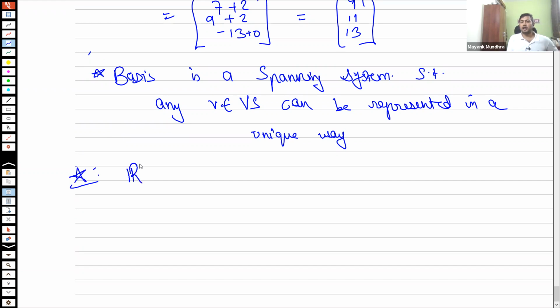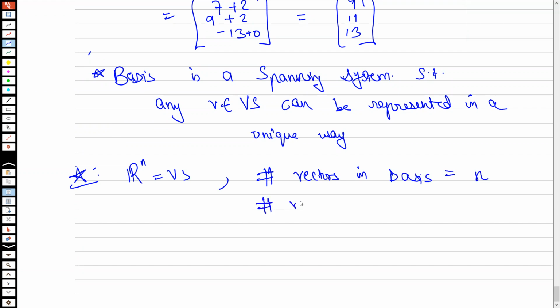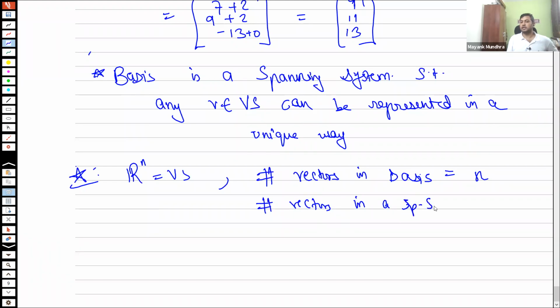Now, if you have an Rn vector space, then the number of vectors in the basis will always be equal to n, and the number of vectors in a spanning system will always be greater than or equal to n. Okay, so this is not a definition, but this is a property that if you have an n-dimensional vector space,